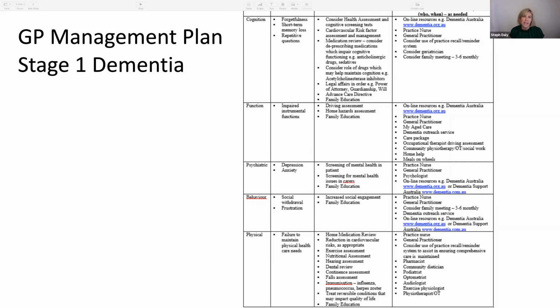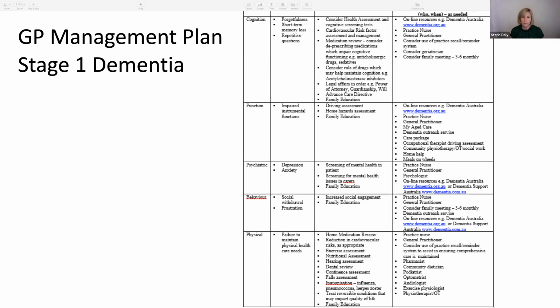Explaining to the family how things are likely to travel in the next 10 years, things that they might be looking out for, giving them some good advice and informing them of where they can get further advice from should they need it. So practice nurses, general practitioners, Dementia Australia, perhaps the geriatrician, and you might want to consider having regular appointments with these patients so that you really are there as the contact person to pick up any changes as they occur,